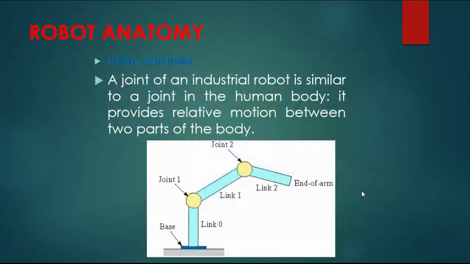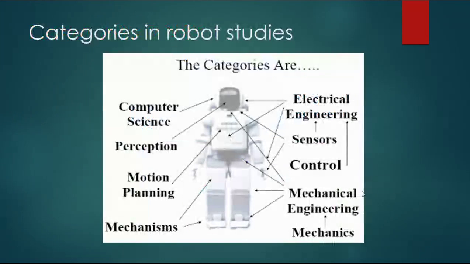So let us see what exactly robot anatomy deals with. Here you can see, with the help of joints and links, the process happens as per the human body. This looks like a human body, you can see here. These are the legs, having links. This has a particular joint. This is the arm of a robot having a link and a kind of joint. So let us see what kind of links and joints are there.